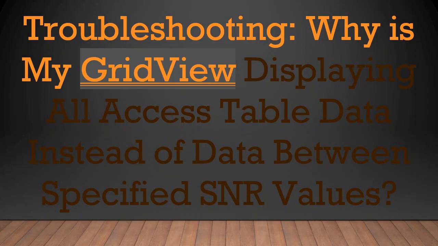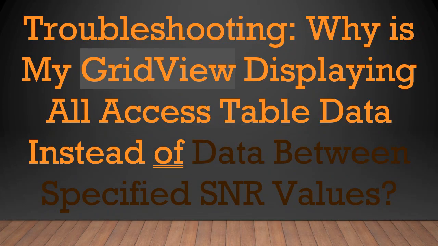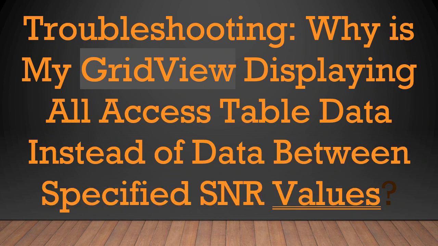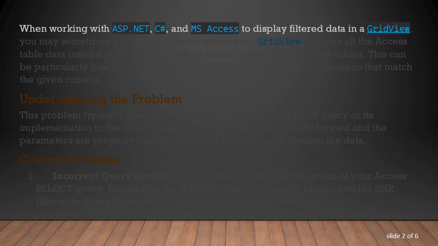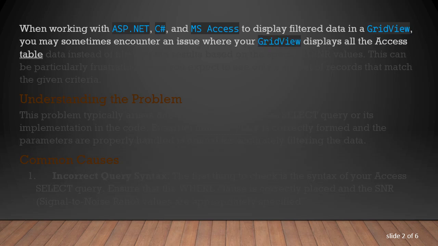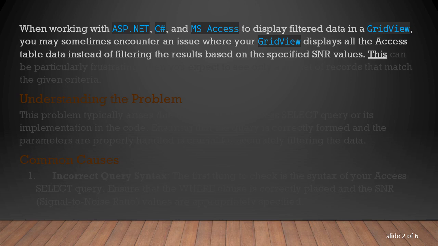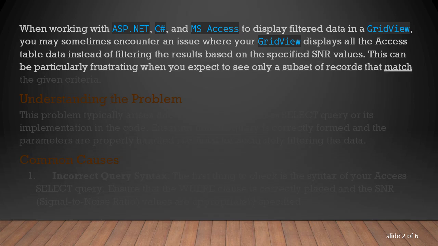Troubleshooting: why is my GridView displaying all Access table data instead of data between specified SNR values? When working with ASP.NET, C#, and MS Access to display filtered data in a GridView, you may sometimes encounter an issue where your GridView displays all the Access table data instead of filtering the results based on the specified SNR values. This can be particularly frustrating when you expect to see only a subset of records that match the given